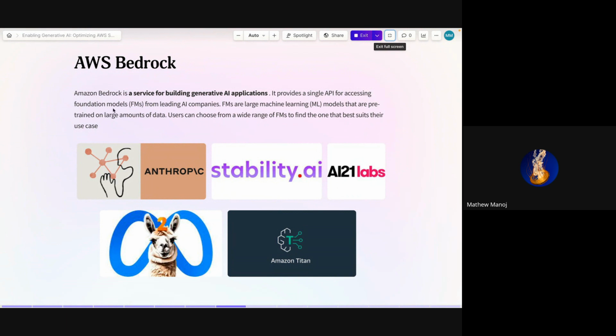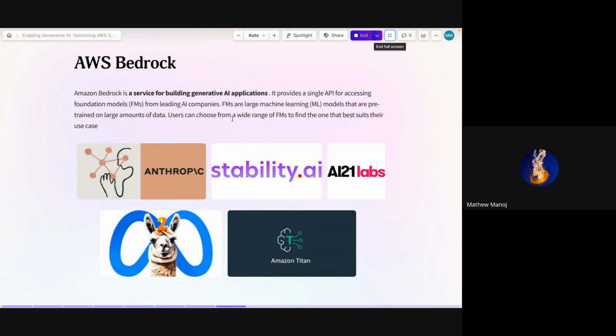If you want to make an image generation tool where you provide a prompt and get an image, or if you want to summarize a big document, you just put that prompt inside the foundation model and see how it works.